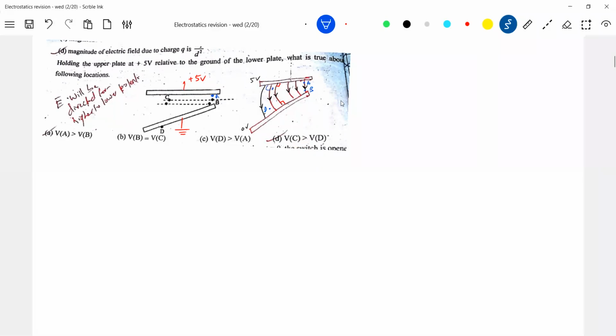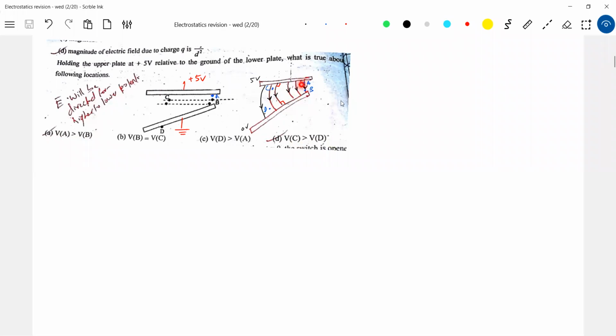So I agree with this. And can we compare even the field strength also? Definitely, the lines of force will be more congested, or the spacing between lines will be less here. I didn't show it properly. Here it will be less, and here it will be more. So definitely the field strength at A will be greater than B. It will be non-uniform. So can we pick up this option? VA greater than VB, VC greater than VD. The simplest idea: the E-bar will always be directed from higher to lower potential. That is enough. Whether it is a straight line or curved, irrespective of that.